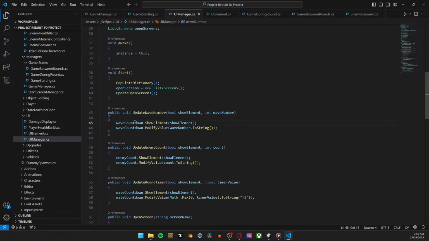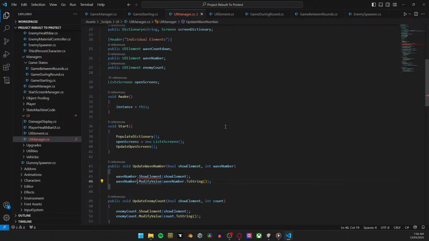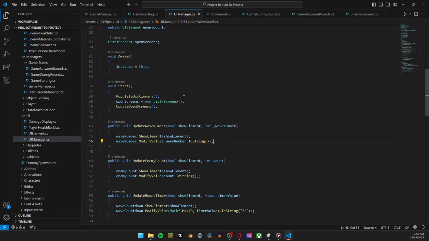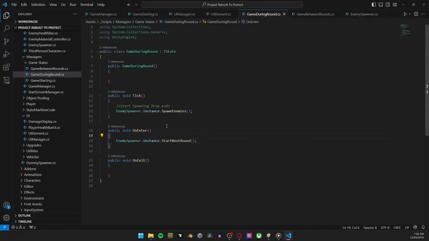Wave number. There, right? So now we can say if it's during a round,